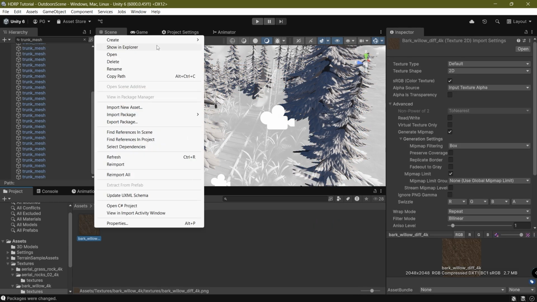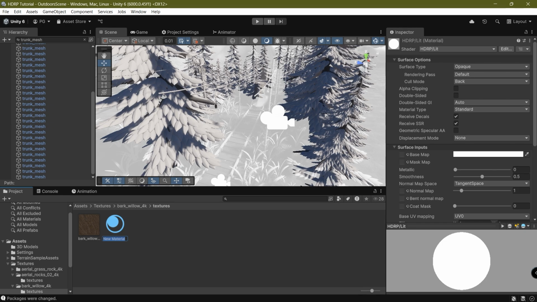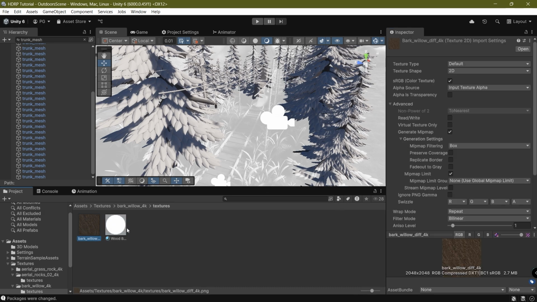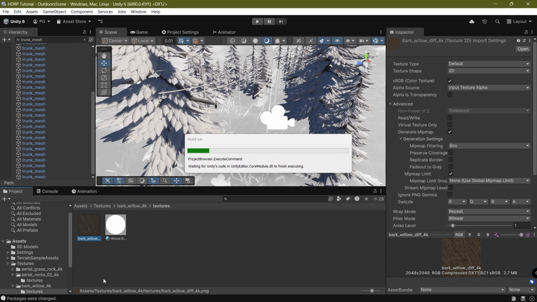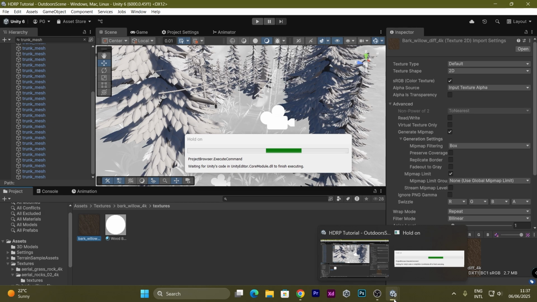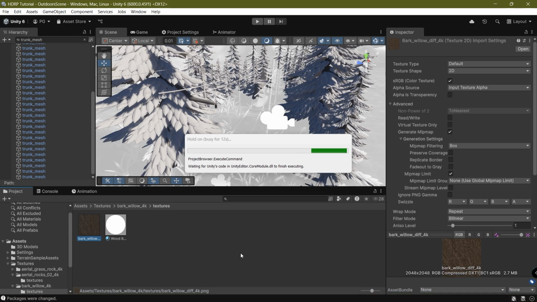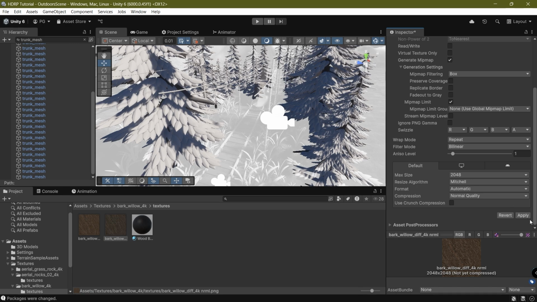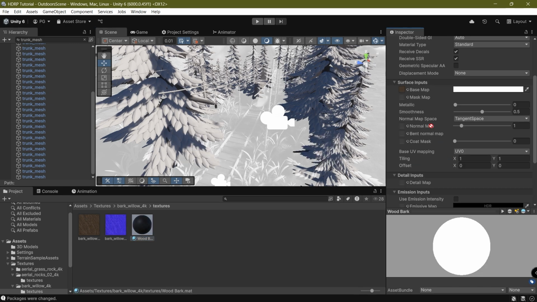bark willow texture. So let's just create a new texture, call it wood bark, and let's just assign this here. Then I'll duplicate this texture, and then I'll rename this to normal here, normal, and then I'll change the texture type to normal map and click apply, and then here I'll just drag and